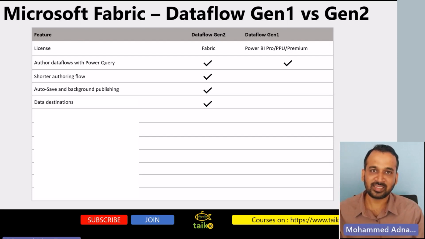And the next thing is data destination, which I like the most; I think it's the best feature. We can get the data from the dataflow from any of the data sources and then do the transformation based on your need. And finally, you can set the data destination. You can send the output to another destination,